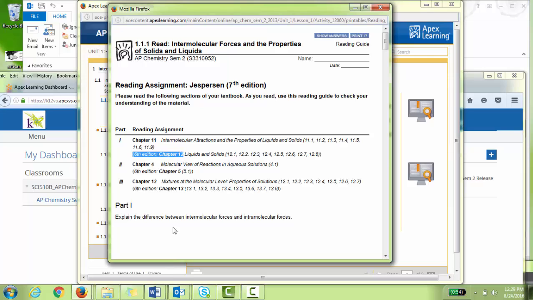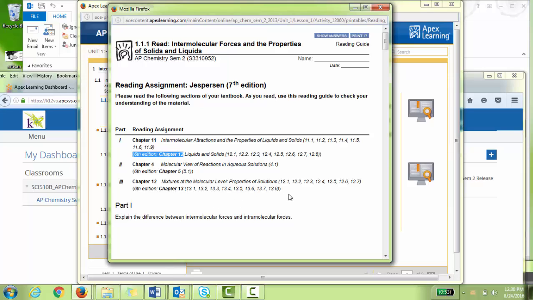So you're asked to read Chapter 12, Liquids and Solids, 12.1 to 12.8. And then you're also asked to read Chapter 5, 5.1, and Chapter 13,